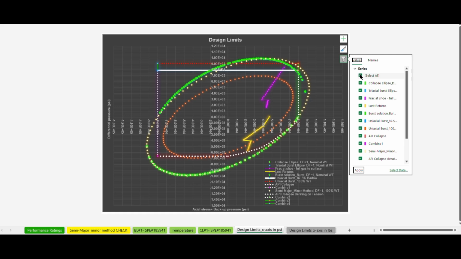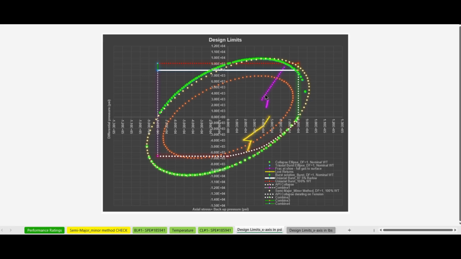So what I'm going to do now is point out the load cases. So this one is the bracket shoe. As you see, it is plotted on the burst side of the design limit, so that's the upper part. It results in a positive pressure. Okay, and then it has a